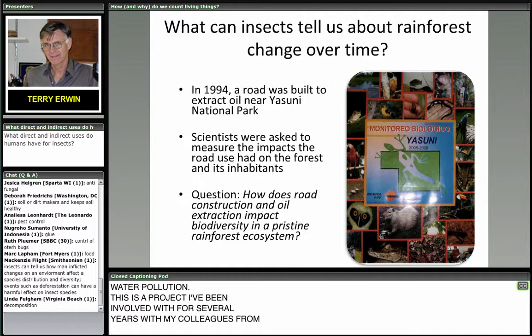People are very sensitive about what goes on by parks, but at the same time, 60% of the Ecuadorian economy at the time was oil driven. And so they had to seek out the oil. Well, what the government of Ecuador did was say, okay, you can build this road through the Guarani territory. You have to deal with the Guarani indigenous peoples, but also you have to have environmental monitoring on everything you